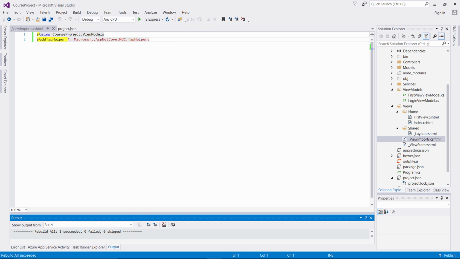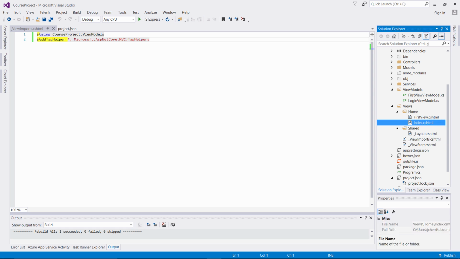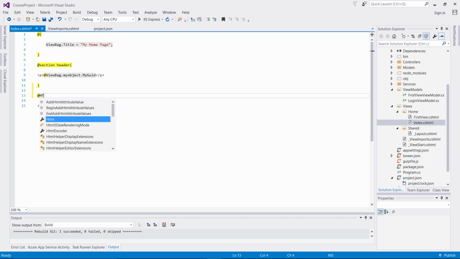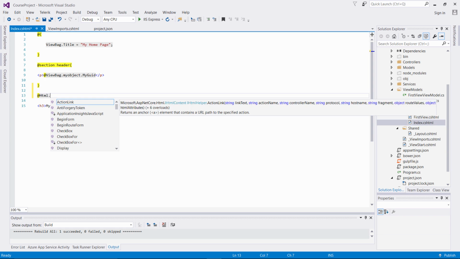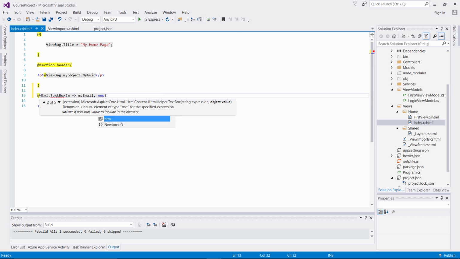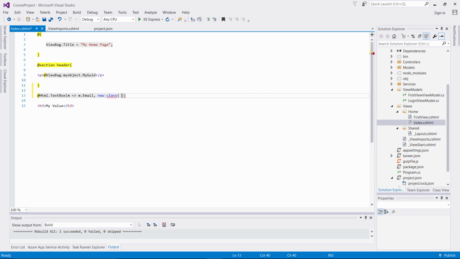different views. So in this case, let's look at a little bit of differences between the HTML helpers and the tag helpers. In previous versions of MVC, you have utilized inside of your views different statements. So here, let's just go down here and let's look at, for example, a text box. So you could come over here, and this is an HTML helper. So let's say you're going to put HTML dot text box, and then inside of that, you're going to pass parameters to associate inside of your text box. Now, I don't have a model to associate, but I just want to show you the syntax. You would do something like this, and then you would put, let's say, email, and then inside of that, you would also say, let's say, a new class, and you would put something like this, and you would say at